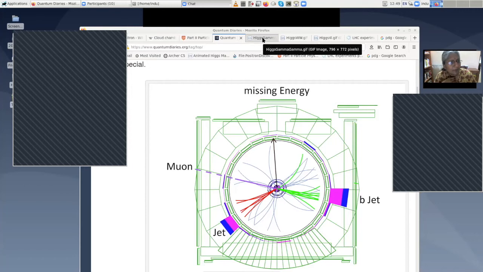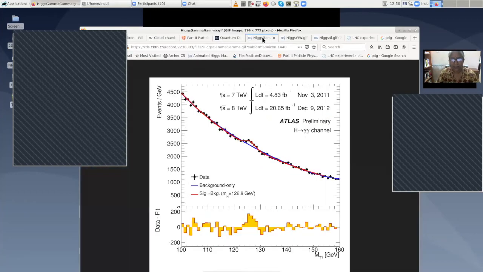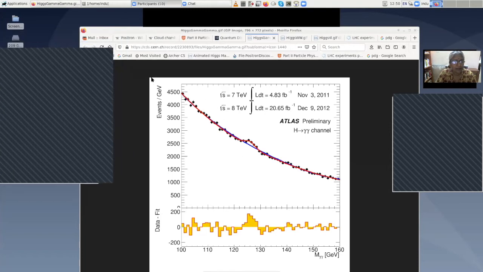Anyway, so two photons means that there is no signal in the tracking chamber, and only in the electromagnetic calorimeter you're going to see any signals. So it's a very clean signature of Higgs. So this is the final number of events, and along the x-axis is the invariant mass of the gamma gamma. Okay, so if you can see this process, I will start it all over again.